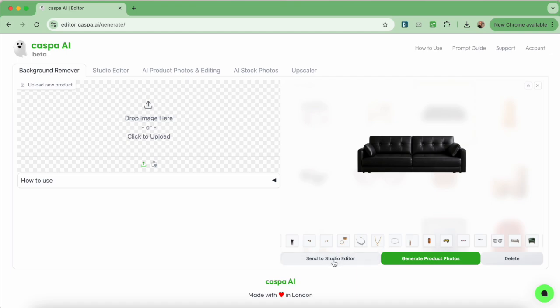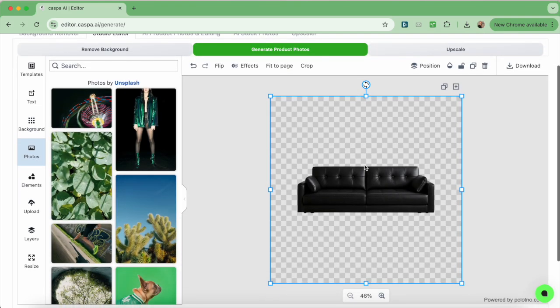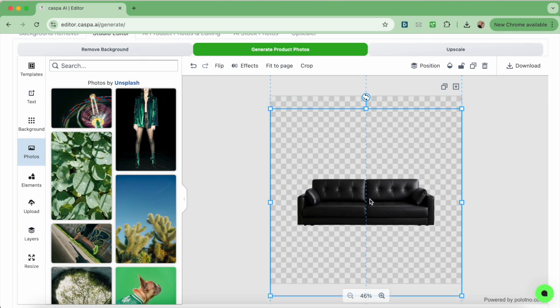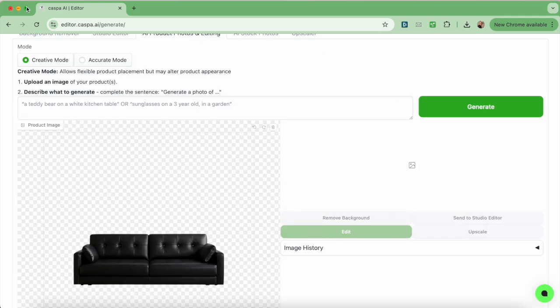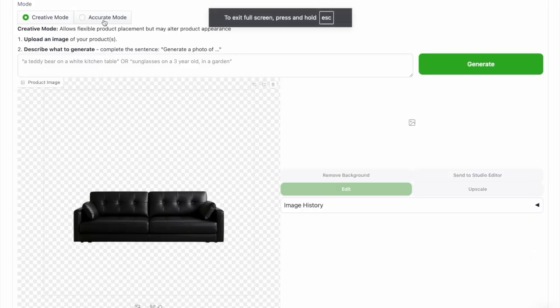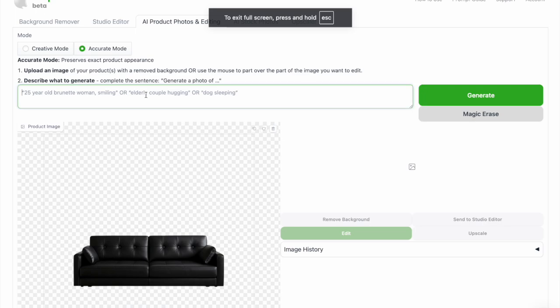I'm going to go back to the input image on the background remover tab and send it to the studio editor and then reposition it. Like I mentioned, the accurate mode takes the exact input image of the product and generates only the AI background, so make sure you're happy with the positioning first, then click generate product photos to send it to the third AI editor tab. Make sure to click on the accurate mode since the default is creative